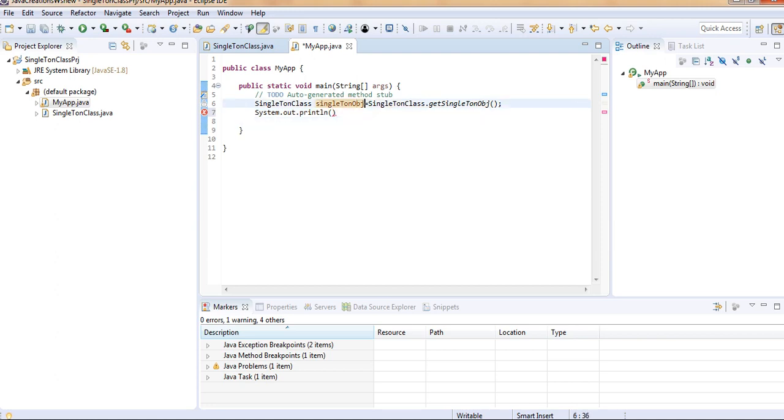Let me make this object 1 and print this, but only one object is not enough to check. Let's make one more object like this and name it 2 and print this also.